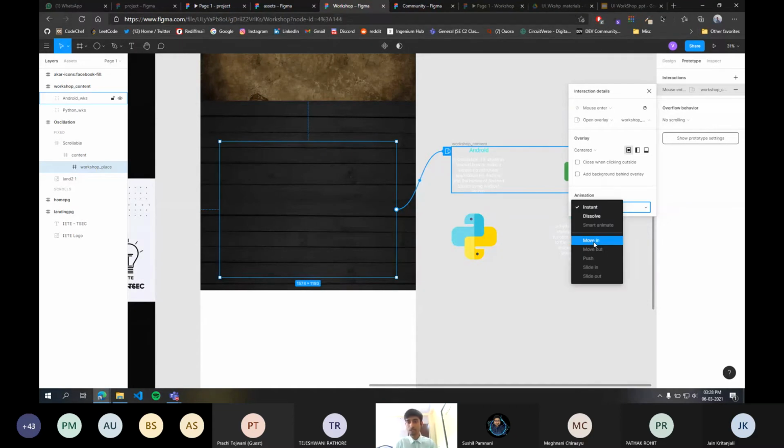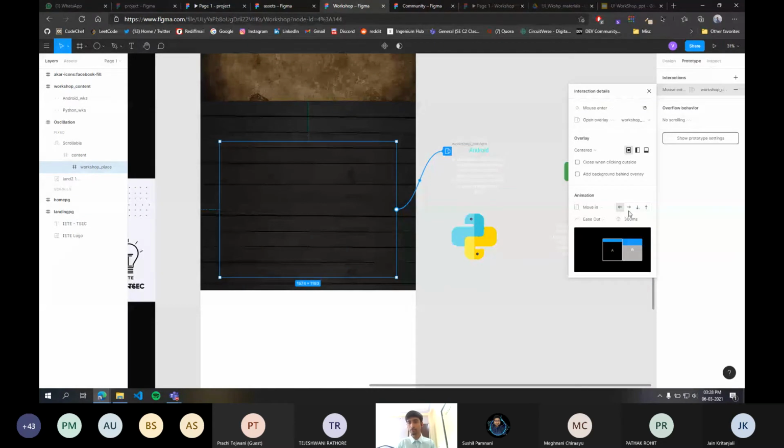Now for the animation, we wanted it to move in, and you can also choose the direction. It is by default from right to left. We wanted to ease out in 400 milliseconds so that it is visible.